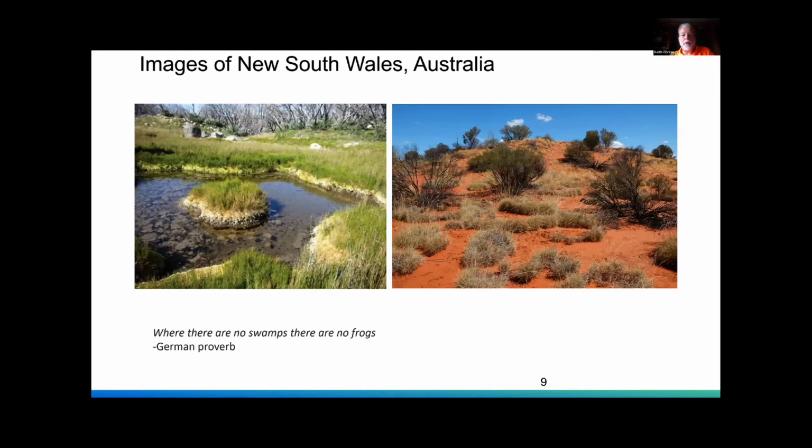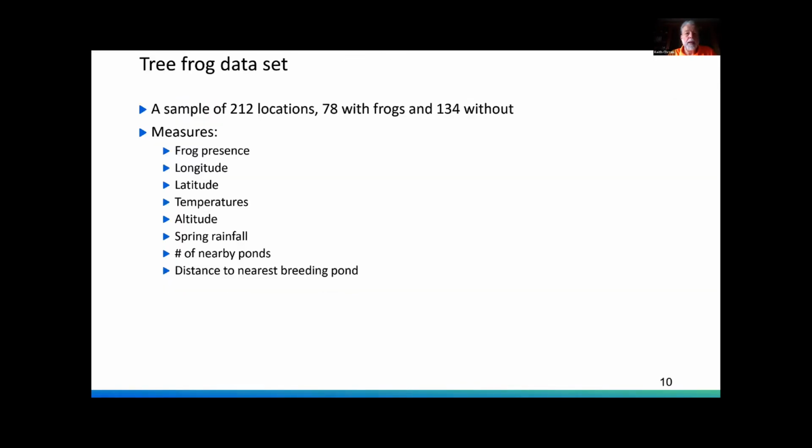And of course, we all know the famous German proverb, where there are no swamps, there are no frogs. So maybe we'll go ahead and we'll look to see if we can find some data to back that up. That's how the Corroboree tree frog is going to come into play here. I went online and I found a data set that has a sample of 212 locations in New South Wales, Australia. And 78 of those locations had frogs, and 134 of them didn't have any Corroboree